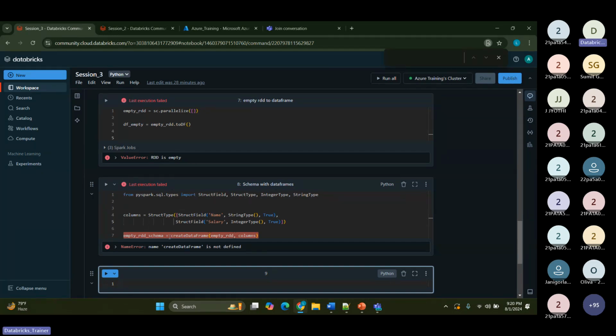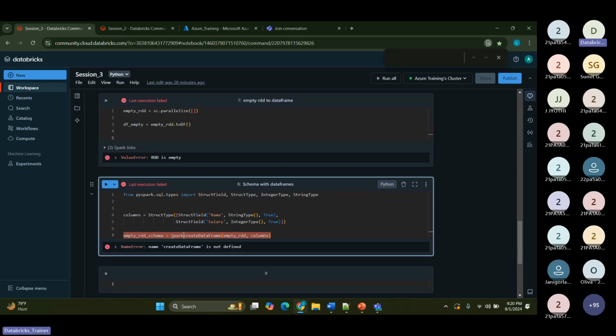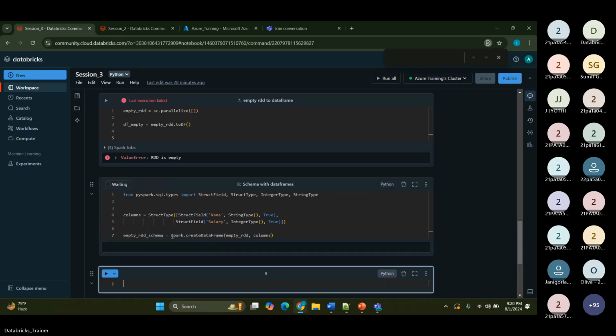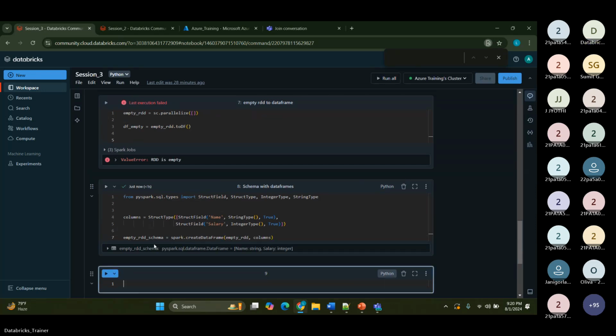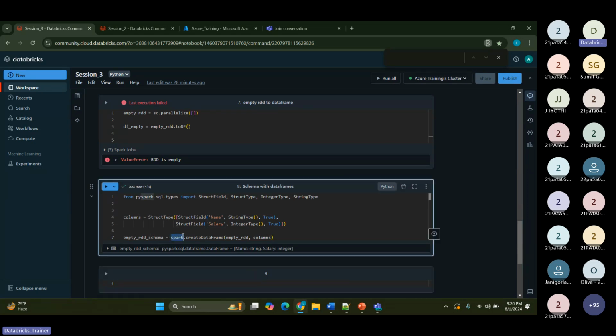Create data frame. Oh, okay. See, it has been created now. While creating the data frame, we should always be taking spark.createDataFrame,